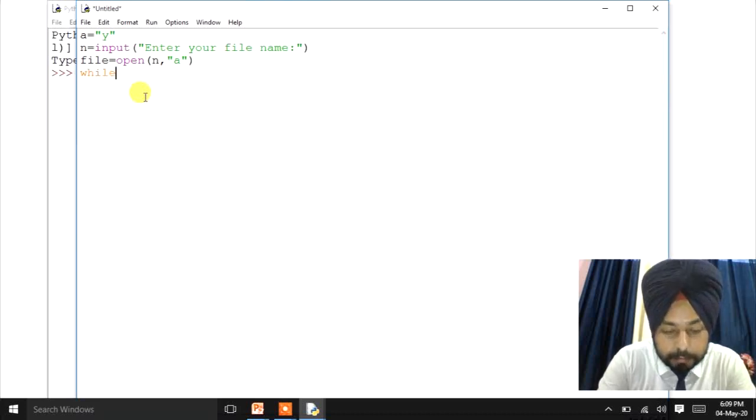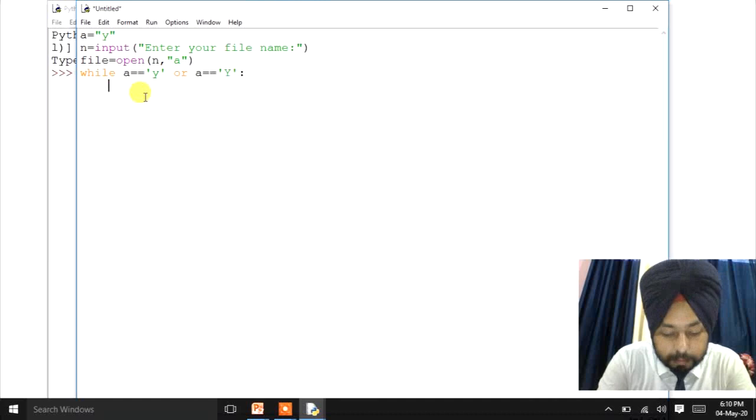Then we'll use here while loop. While a equals to y or capital Y, a equals to capital Y, right?